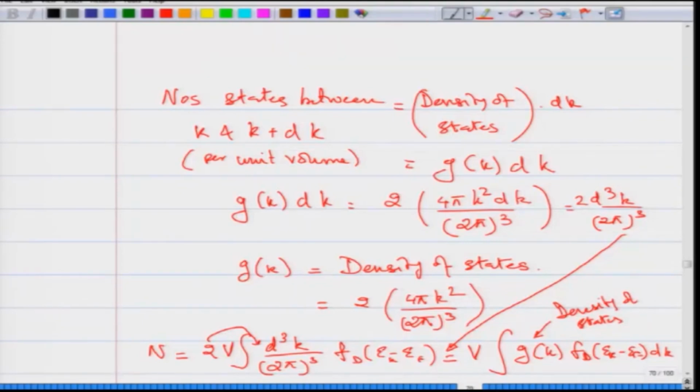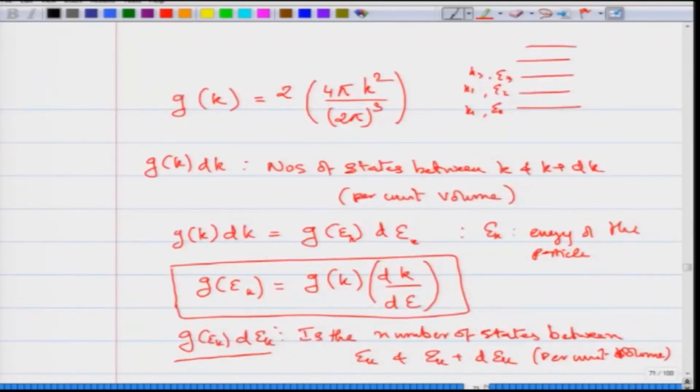So, we had looked at all of this, and so you can write down your total number as V into the integral of Gk f(E minus Ek) dk. So, the total number of particles, you can rewrite in terms of the density of states. And since Gk dk is the total number of quantum states that are present between k and k plus dk in the solid,